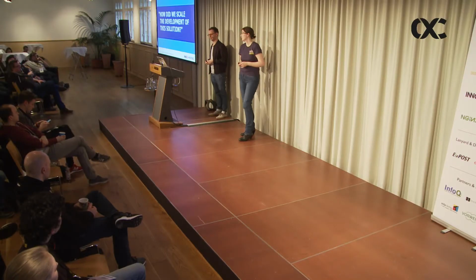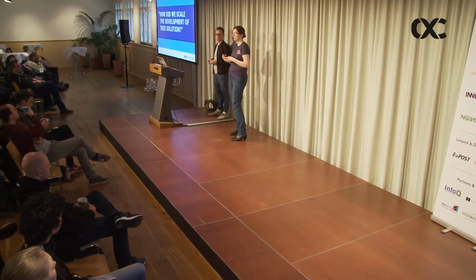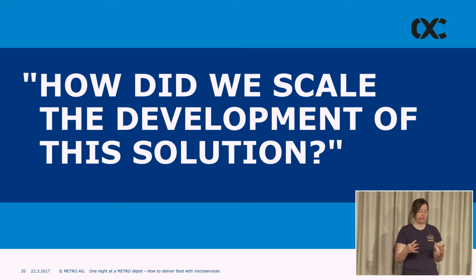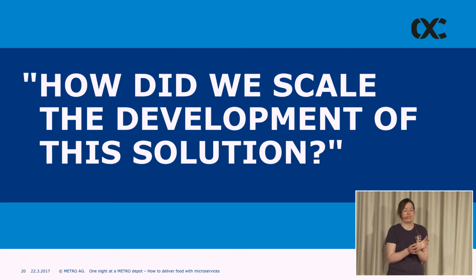Yeah. And the idea, when this project was started, I think it's now 3 to 4 years ago, it was decided that the organization should be split up into different teams, so-called verticals, which are cut based on the business processes and the business capabilities. So each team should be responsible for a certain part of the business, and therefore be as independent as possible on a technical basis, but also on feature basis. So of course, you will have a lot of verticals or product teams that are responsible, and they are depending on each other, but they should be really independent and not just split on an organizational idea, but really on